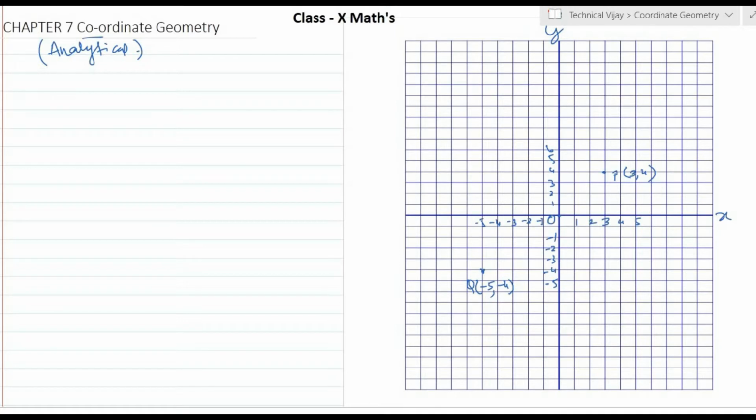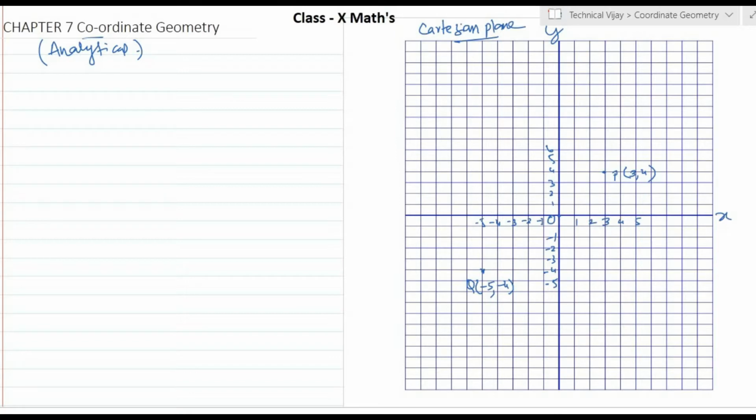This is also called a Cartesian plane. This is 2-dimensional. Actually in higher classes you are going to study 3-dimensional geometry also. Here only x and y directions are there. The z direction is also there in the next higher classes. So whatever I told about the 6 branches, don't worry about them.